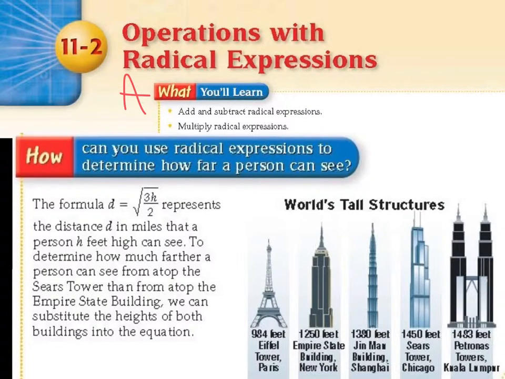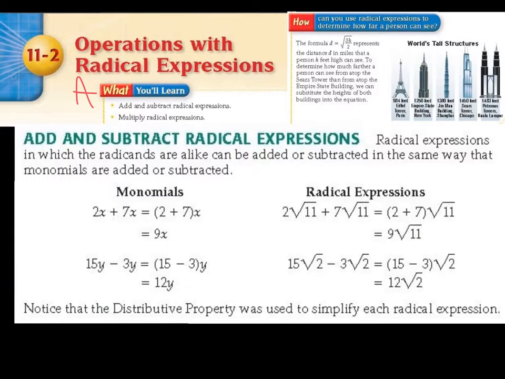feet high can see. To determine how much farther a person can see from the top of the Sears Tower than from the top of the Empire State Building, we can substitute the heights of both buildings into the equation and then subtract. Radical expressions in which the radicands are alike can be added or subtracted in the same way